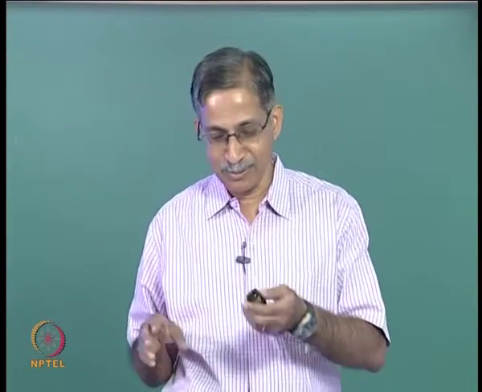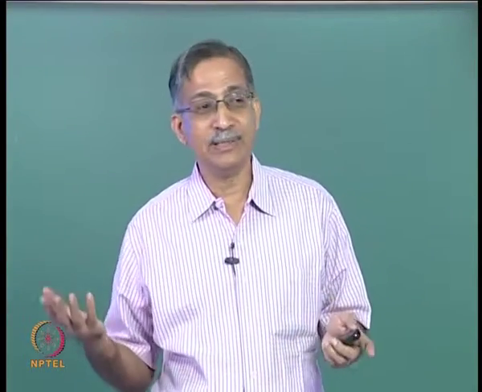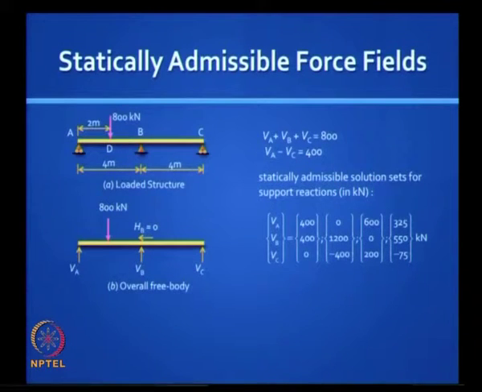Which do you think is closest to the correct solution? The one which is least. So there are powerful ways of doing this. But the other thing to do, as some of you suggested, is to check whether you satisfy compatibility or not. Very clearly the first solution, for example 400, 400, 0, will not satisfy compatibility, because certainly Vc cannot be 0 if that contact is established between the support and the beam. The only way that could turn out to be a correct solution is if there is no contact,